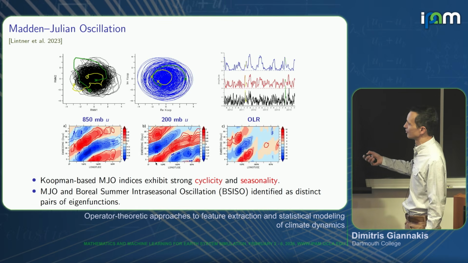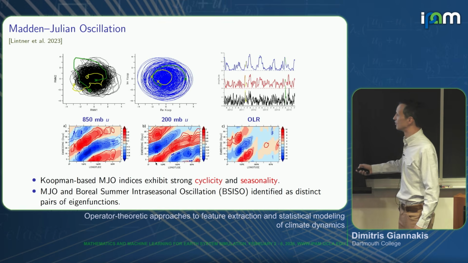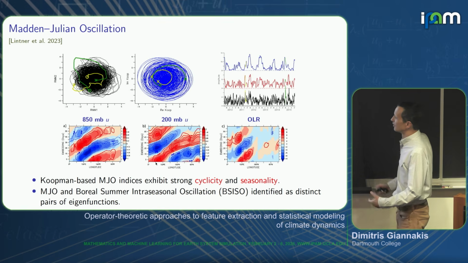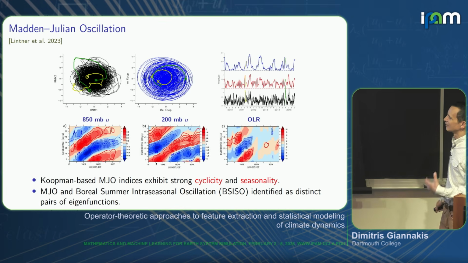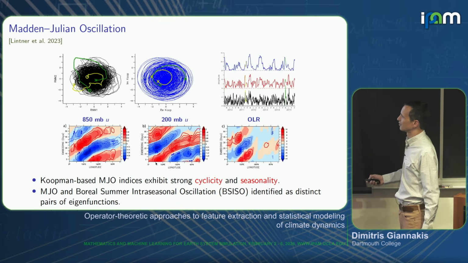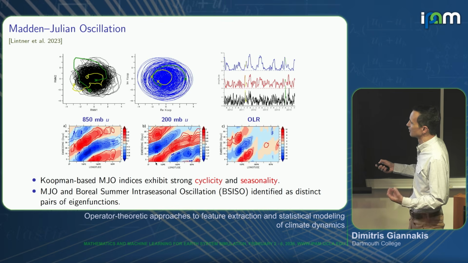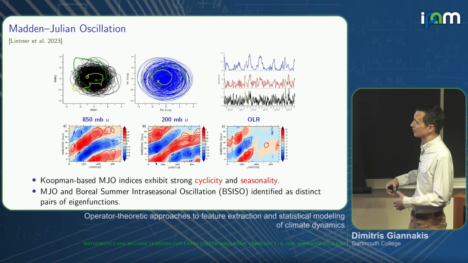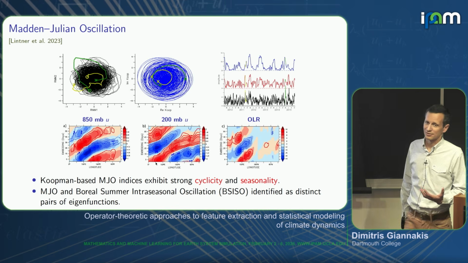So you can recover, for instance, life cycles of OLR or atmospheric winds conditioned on these features. And the hope is that they capture more meaningful, dynamically relevant structures than methods based on variance maximization